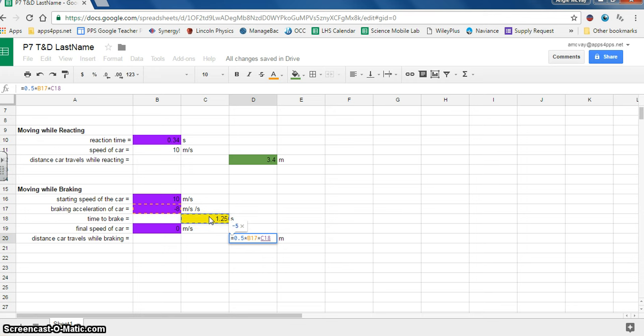You could do time and then a little caret and a 2 for squared. Now I'm going to put this whole business in parentheses because that's one full term of our equation. And then I want to add